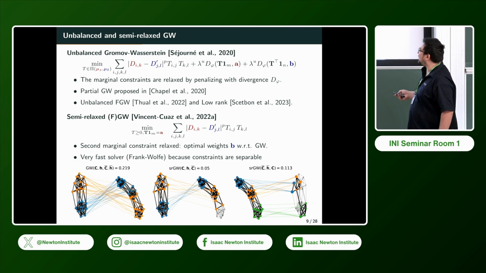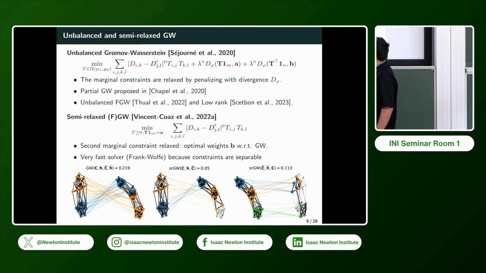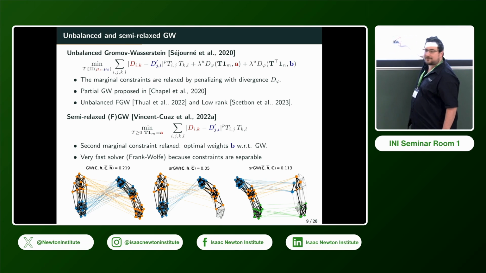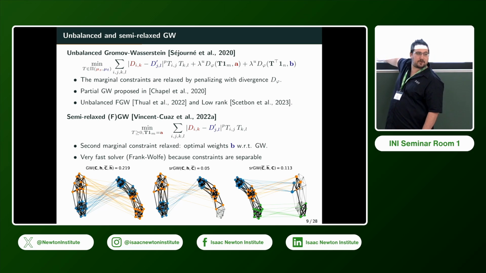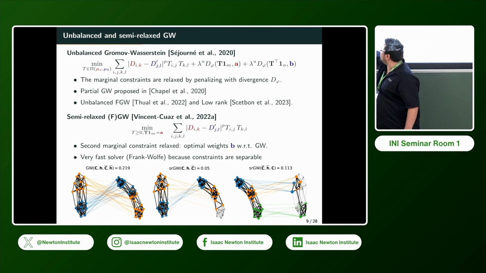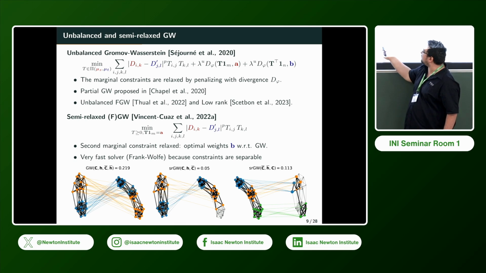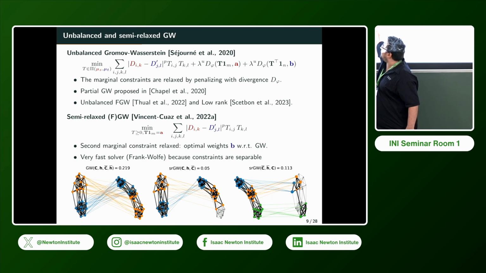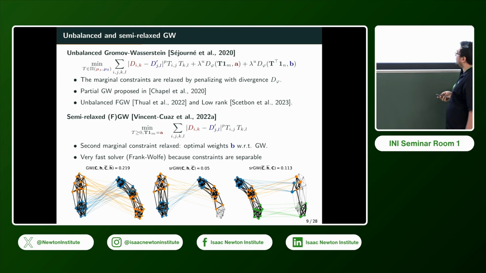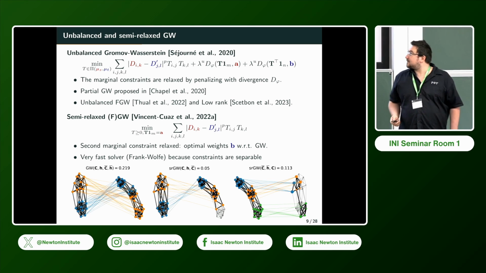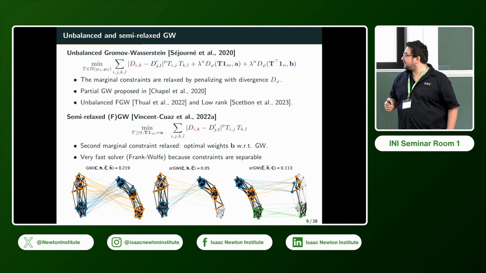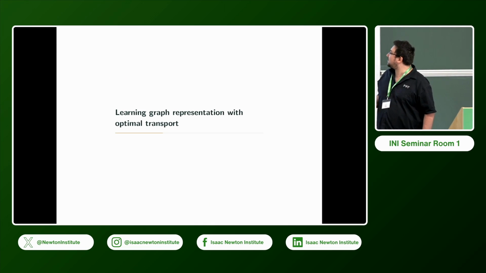Okay, and a very nice example of this is that basically what it does is that it searches for a subgraph on the right that fits your graph on the left when you do that. Because it's going to reweight, it's going to put zeros on some of the nodes, which means that it's going to select a subpart of this graph. And here you have two communities, three communities. When you do that, basically it's going to just select two of the communities, and that's the optimal semi-relaxed Gromov-Wasserstein. And you can see you don't have weights here, you don't have an h-bar on the right. Okay, so those are variants of Gromov and fused Gromov,